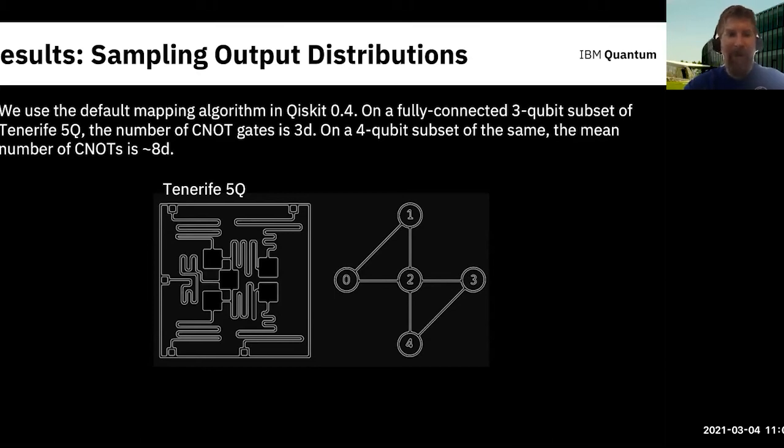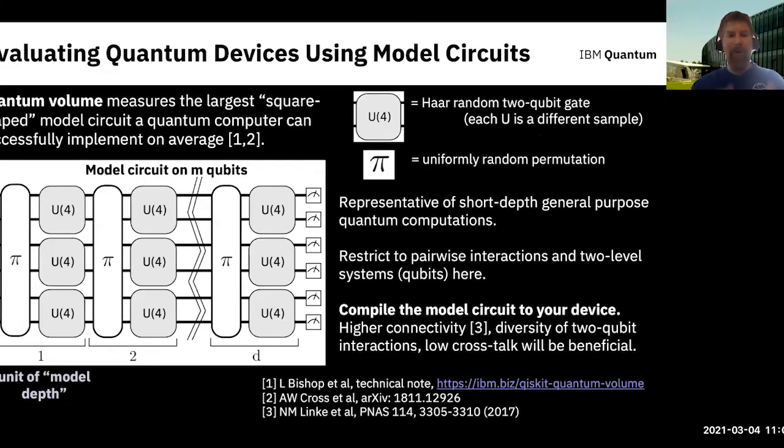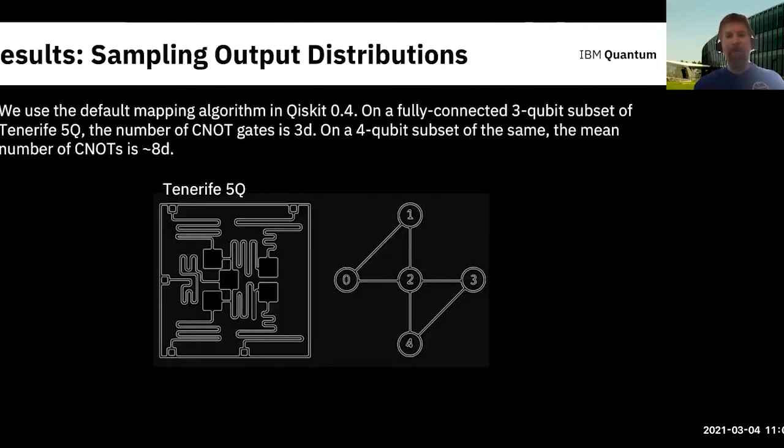So I'm going to go back to Tenerife, which is a 5-qubit device. And I'm going to say, well, if I want to go up in quantum volume, so essentially what I'm going to do is I'm going to try and do a 3-qubit depth 3 circuit, and then a 4-qubit depth 4 circuit, 5-qubit depth 5 circuit. So if we look at this 5-qubit device and I say I want to do a depth 3 circuit,